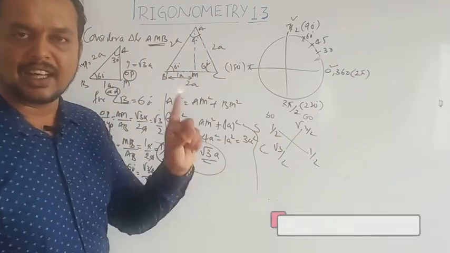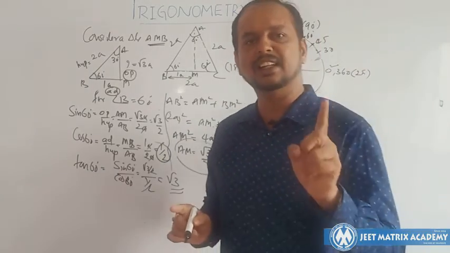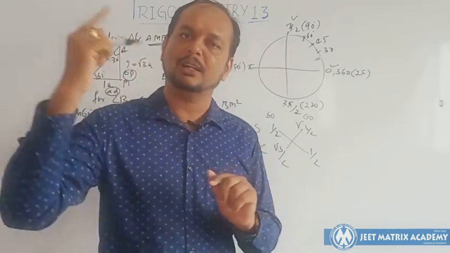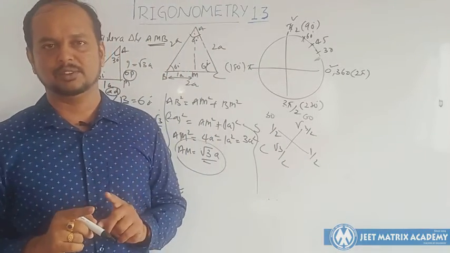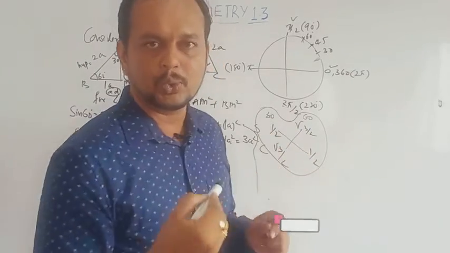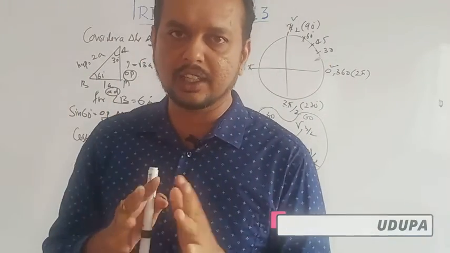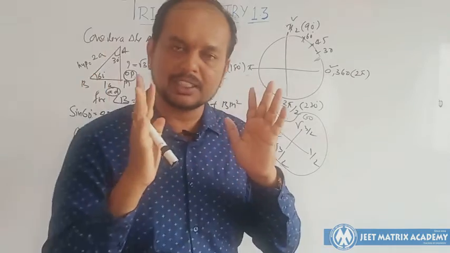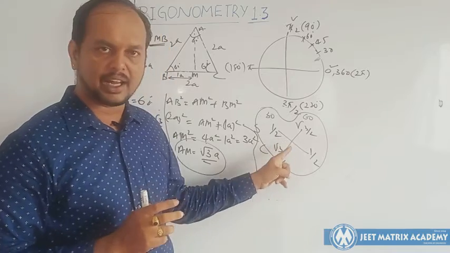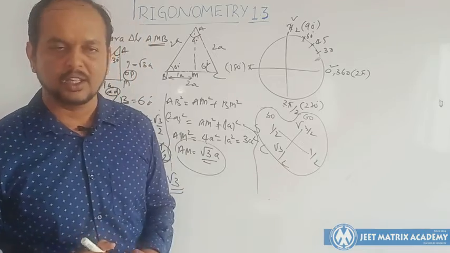Sin 30 is 1 by 2. If you remember this one, it is more than enough. Sin 30 is 1 by 2, you remember. So automatically cos 60 is the same, 1 by 2. Hope you understood some relation like this. Some mnemonics: try to remember one and try to imagine, and interconnect so that it will be safe in your mind. So some interconnection, you can see this square. This is 1 by 2, this is 1 by 2, this is root 3 by 2, this is root 3 by 2.